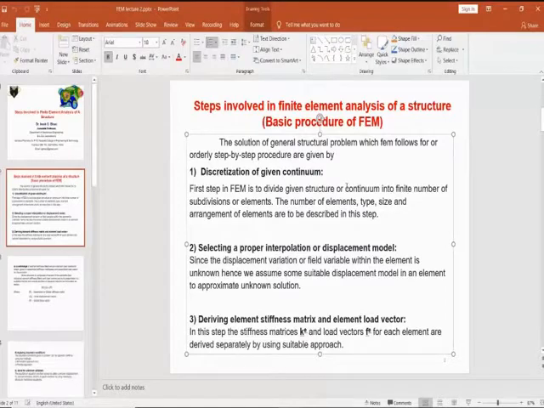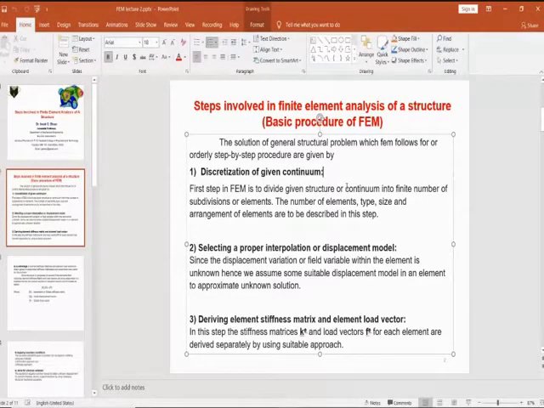For example, suppose you are doing a structural analysis of a beam. The beam itself is our continuum now. Or suppose you want to do the finite element analysis of a piston. The piston is the continuum. Or suppose you want to do computational fluid dynamic analysis in a room, meaning how the air is flowing in the room, what the temperature distribution in the room is, all those things, then our room will become the continuum. Is it clear now? Continuum means what? It is the area or region or volume under study. An area or region or volume or a component under study is called a continuum.